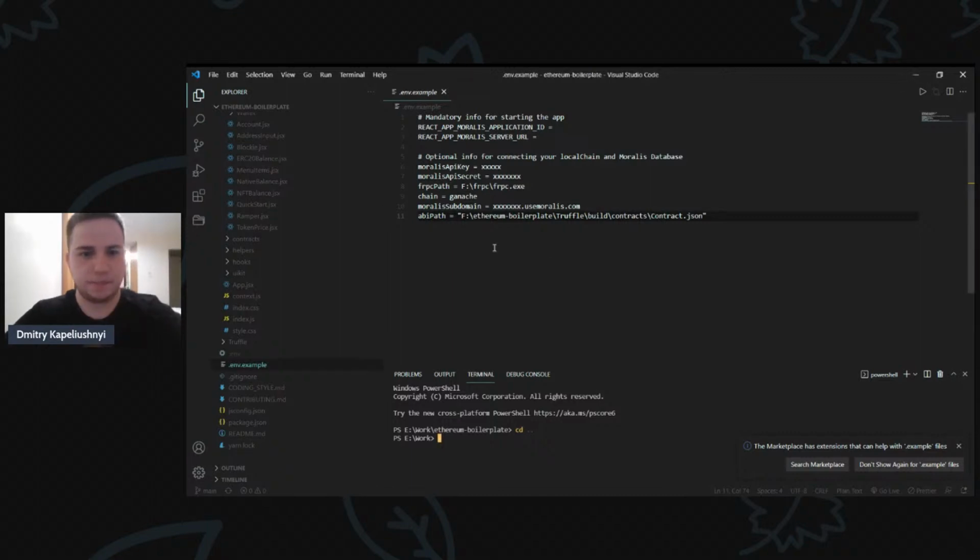Okay, I see. It works. So now all we need is to run git clone and input here our link we copied from the repository, like this. I just press Ctrl+V and press enter, and the boilerplate will be downloaded to your